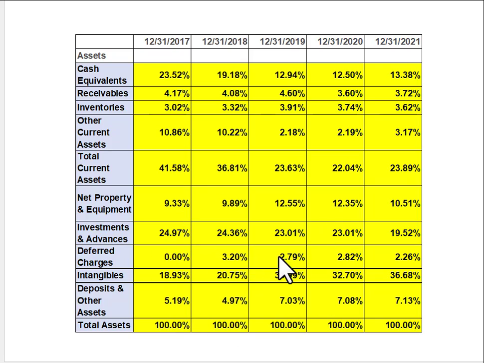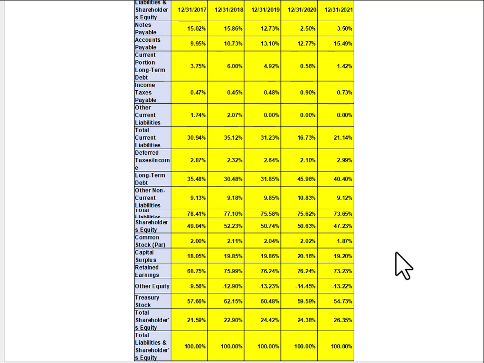Again, the nice thing is we can see how things are related, right? How are management's decisions affecting the statements? This is a little bit more difficult to use, but it's the other side of the equation. And again, everything here is divided by total liabilities and shareholder equity. But we can see here, we see that